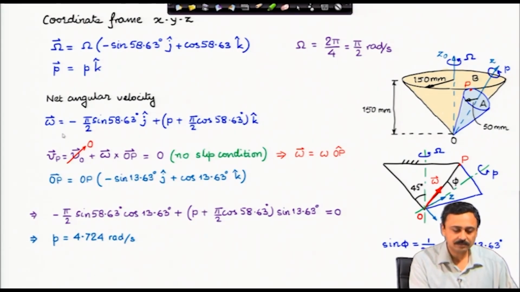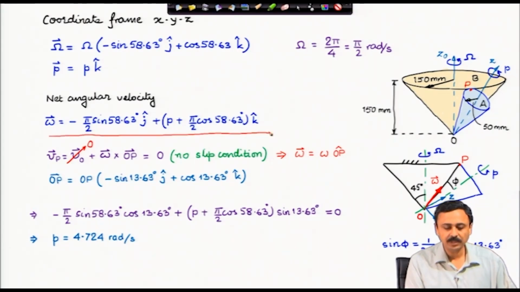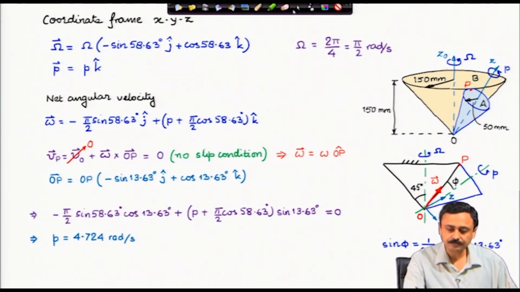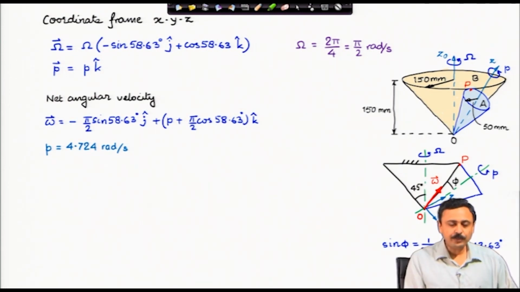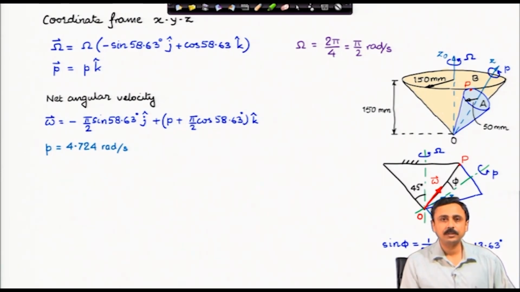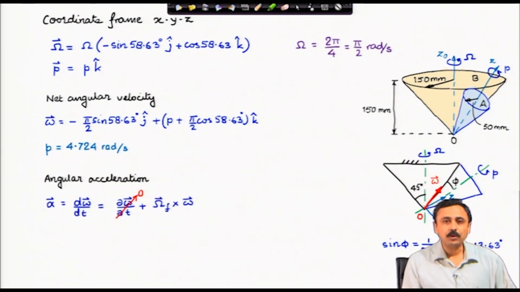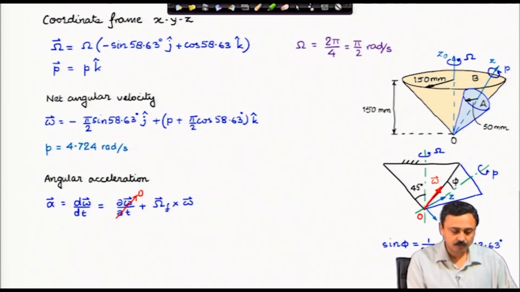It is given by this expression. If p is known, I know omega completely. Okay, so we have p, we have the expression of omega. I have removed the derivation steps. Now, we have to find the angular acceleration. This was our objective, to find the angular acceleration of cone A,